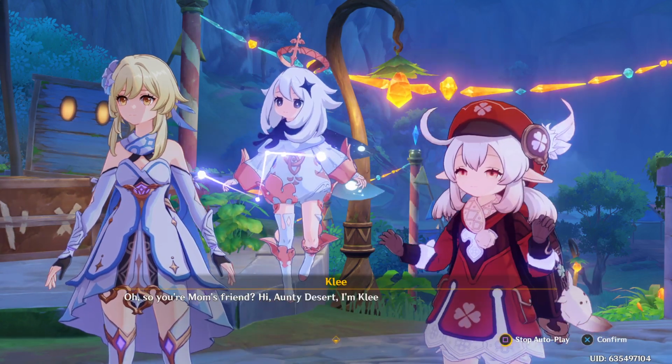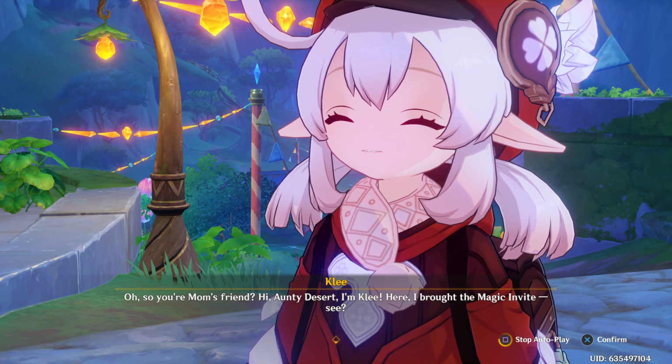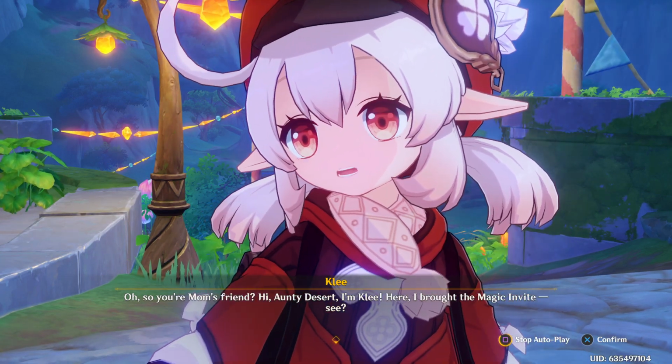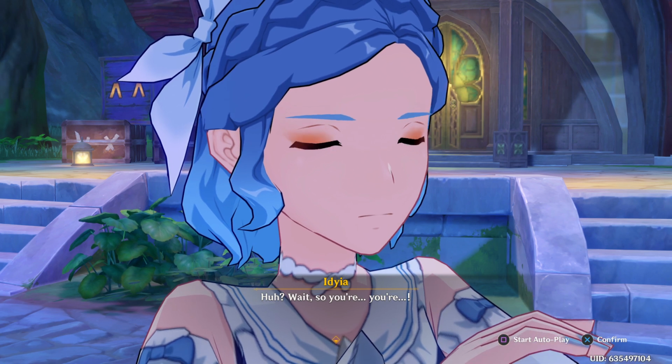Oh, so you're Mom's friend? Hi, Auntie Desert. I'm Klee. Here, I brought the magic invite, see? Huh? Wait, so you're...